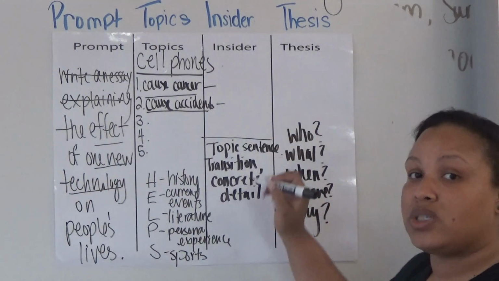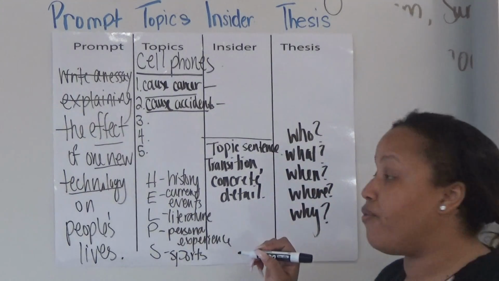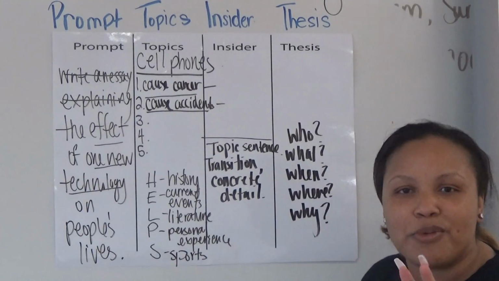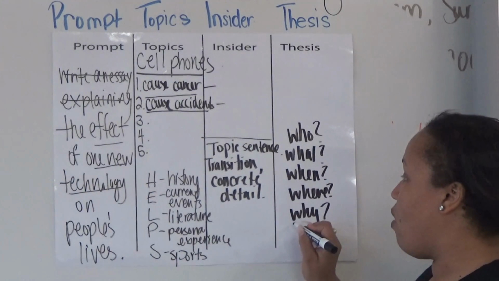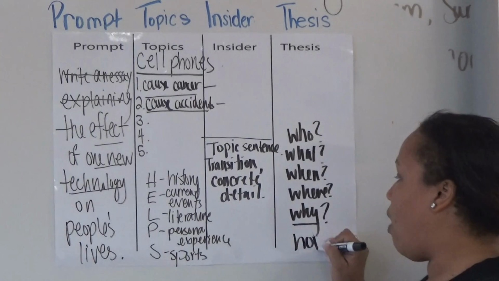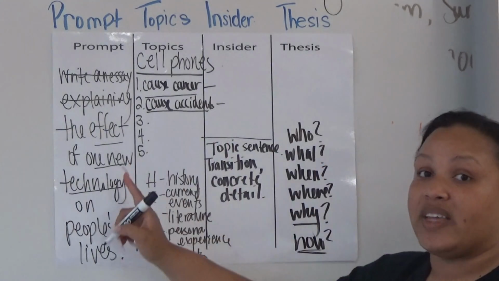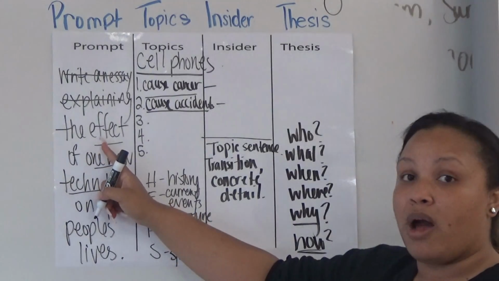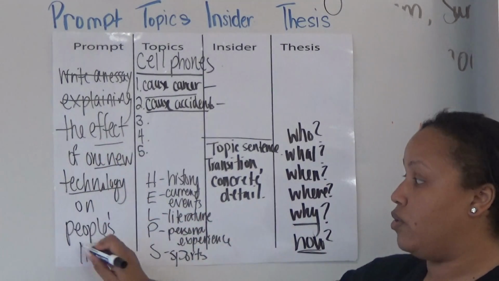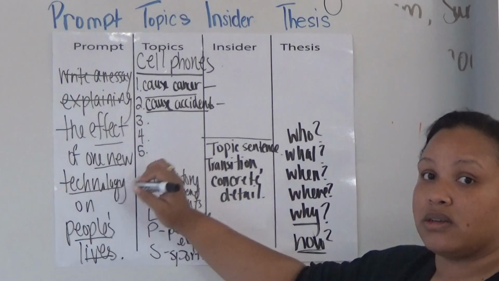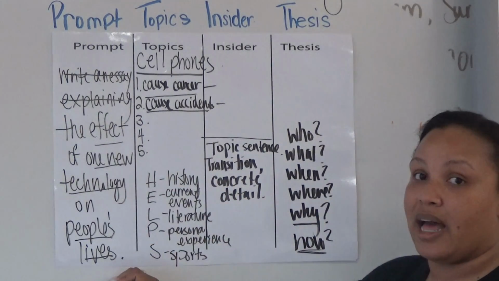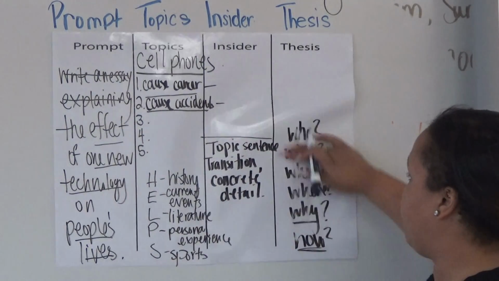This is only 2 sentences at this point. You have to derive 2 more sentences explaining more on the why and how. After you conclude that, think of your thesis. Go back to the prompt and look at the underlined words that you had. Effect, new technology, and people's lives. So, your thesis can become